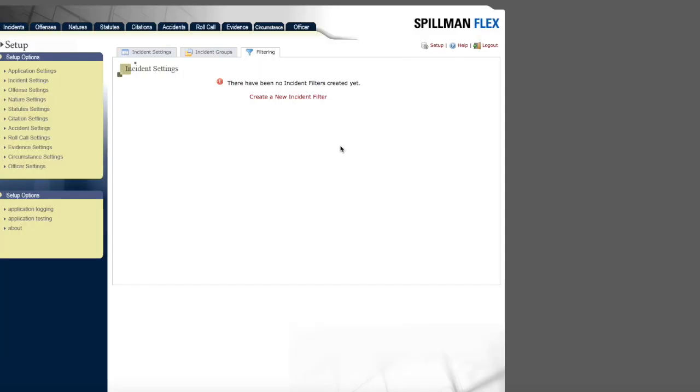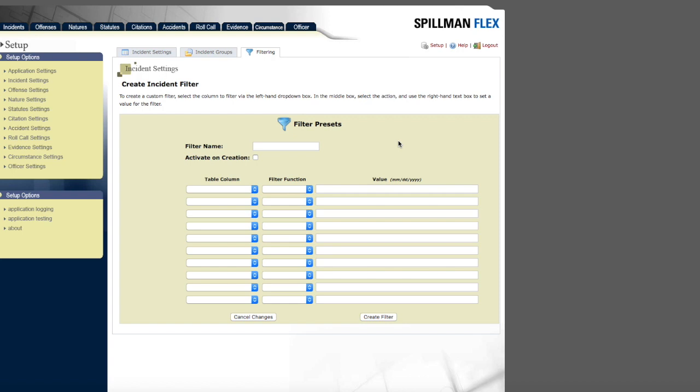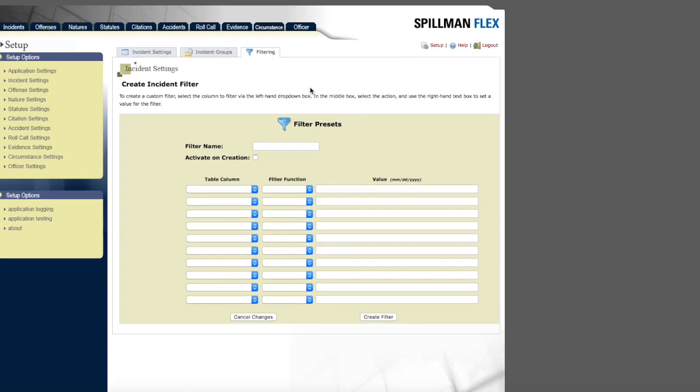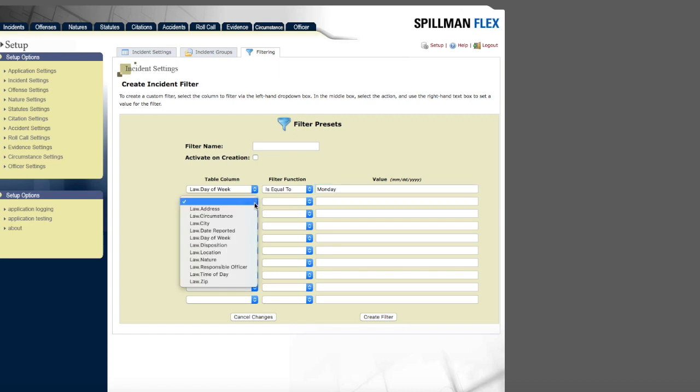The filtering button set up here remains not active, but you can save it. If you set it up on the fly while you're over in the dashboard, it will disappear as soon as you leave. So first you pick any of the columns that are on the law incident. You can say, well, day of week equal to Monday, and responsible officer equal to Smith,